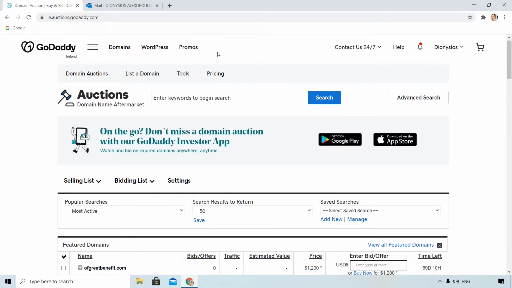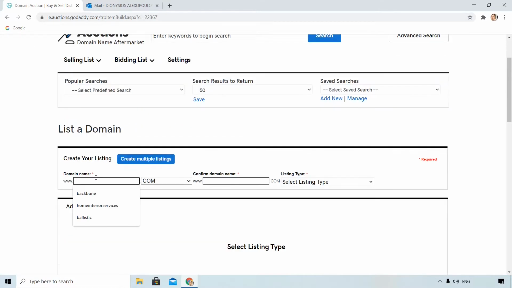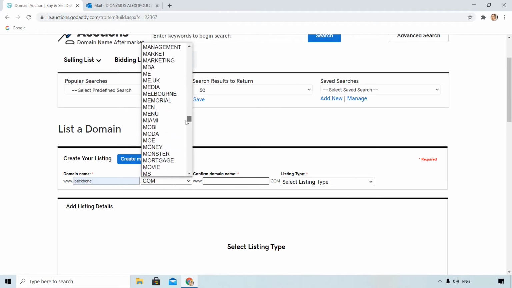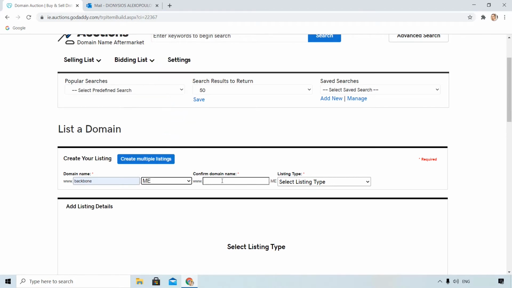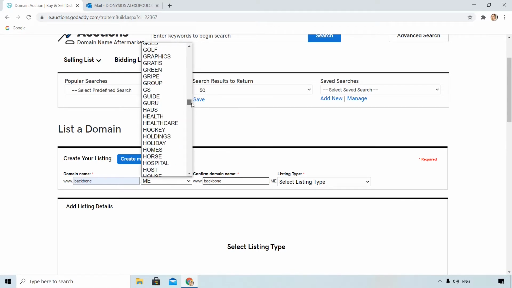Okay, now let's say that I want to list a domain. I will click selling, list a domain. I will type my domain twice, here backbone.me, and same here to confirm my domain. You can actually list almost all the domain names, extensions, but there are some exceptions.